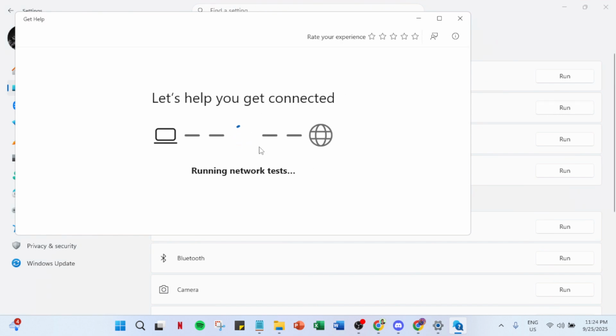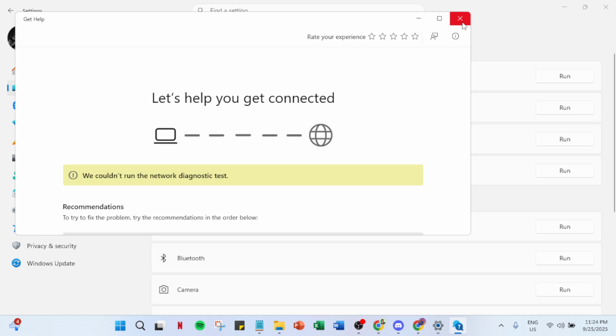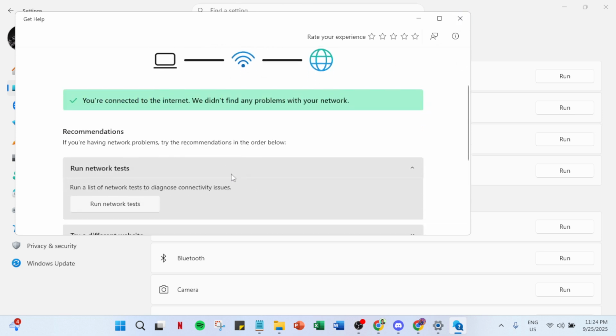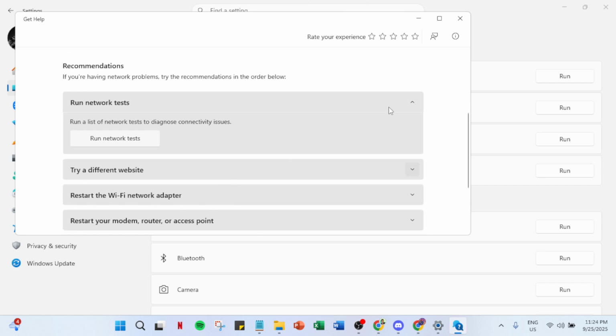If everything checks out, congratulations! You've successfully resolved your mobile hotspot issue on Windows 11. If you continue to encounter any problems, consider reaching out to Microsoft support for a more in-depth analysis, or possibly